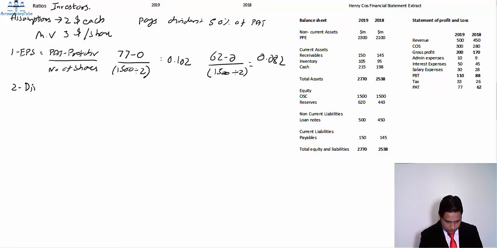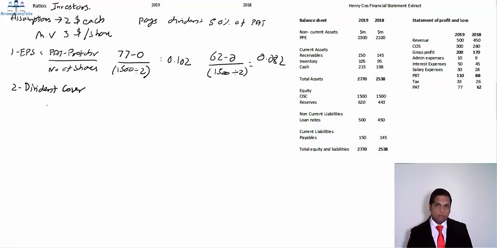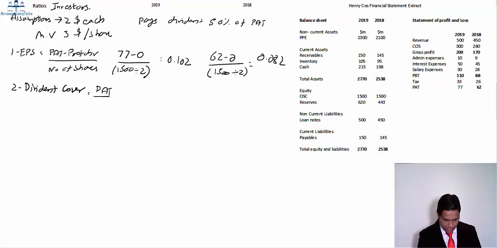We are using a dividend cover. Now just like the interest cover, this ratio is also in times. You can remember that whenever the cover comes, the ratio is in times. So, our profit after tax, let me write the formula first. That's dividend cover is profit after tax divided by dividend